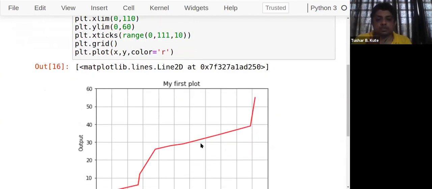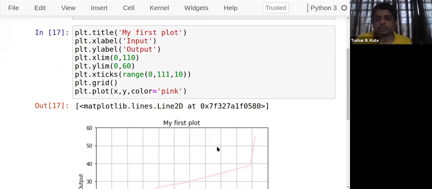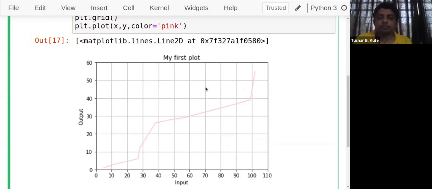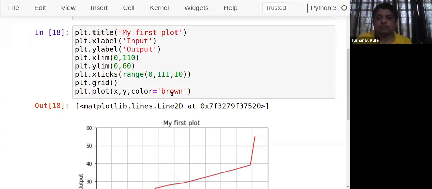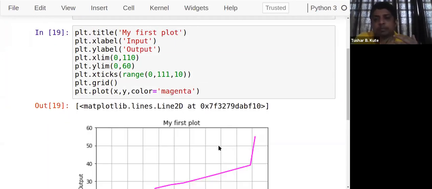Many such colors, including light colors, we can add. For example, I want to add the pink color. That is also possible. It's a very light pink. Or I want to add some color like brown, or magenta. So many colors which are present in the HTML color codes. You might know HTML color codes and color names.